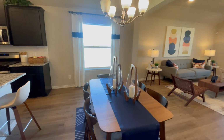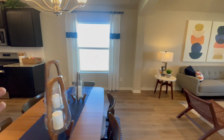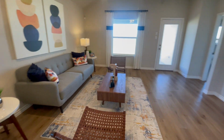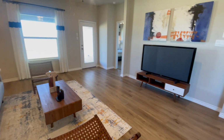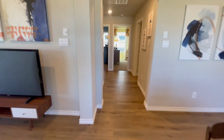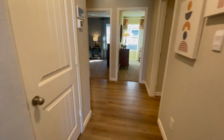But you have your dining room area, and then outside your dining room area, you're going to have your living room. So, a good layout of what that living room is going to look like. But let's go over here to your bedrooms. So when you come off the kitchen, you're going to have